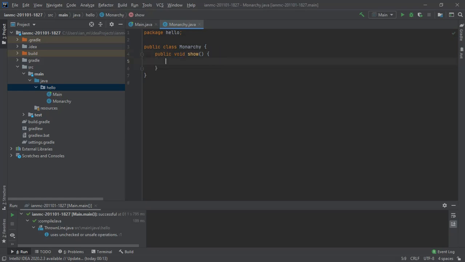And all the show method is going to do is declare a person object called the Queen, which is returned from our setup monarchy. And then we're going to tree walk using the Queen as our start point. Okay, so let's create this